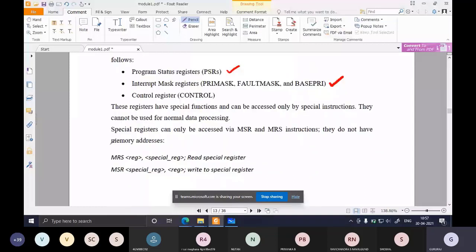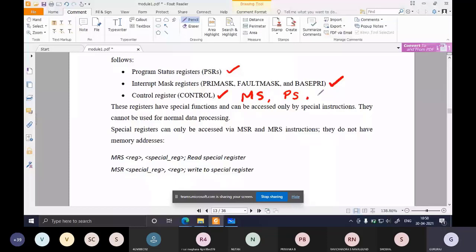Next, the third important special register is the control register. This control register, as I told yesterday, will control the use of the stacks, because there are 2 stacks: main stack and process stack. In order to switch between the main stack and the process stack, the control register is used.